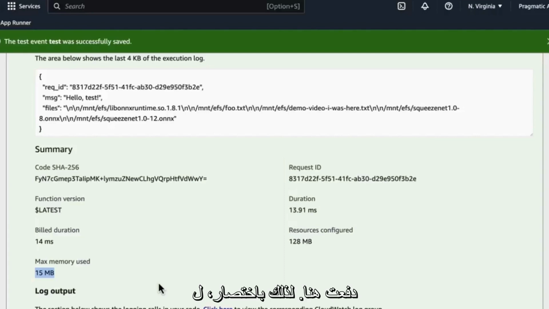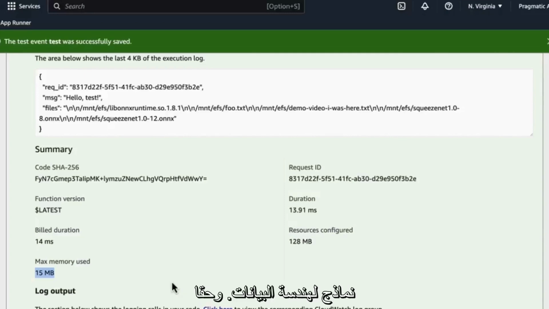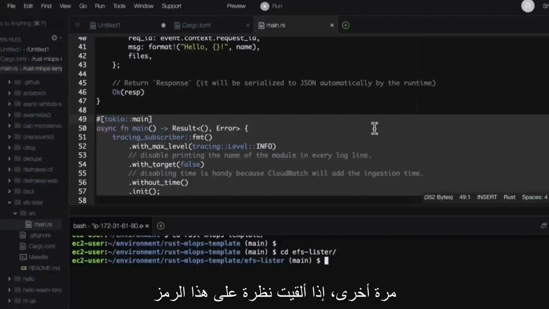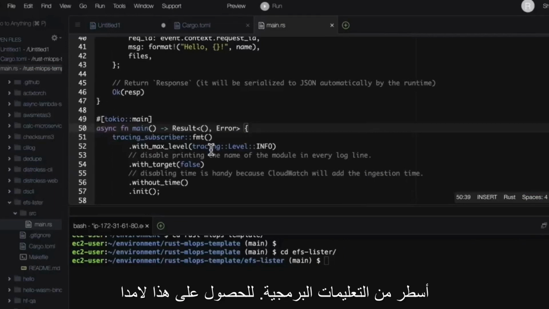So in a nutshell, to summarize what we're doing, EFS is an emerging standard that mixes with Rust and also the AWS Lambda ecosystem for large language models, for data engineering. And really, it should be something that your organization investigates. If you take a look at this code here, this is pretty straightforward. There's not even 50 lines of code to get this Lambda cooking. And we know